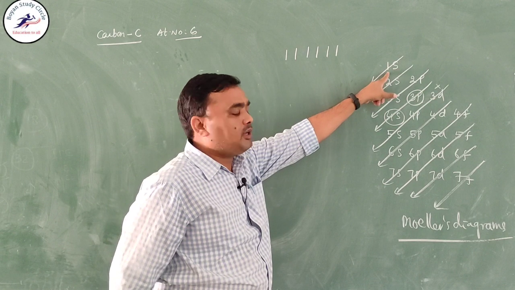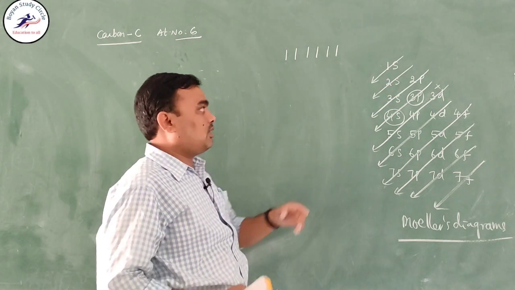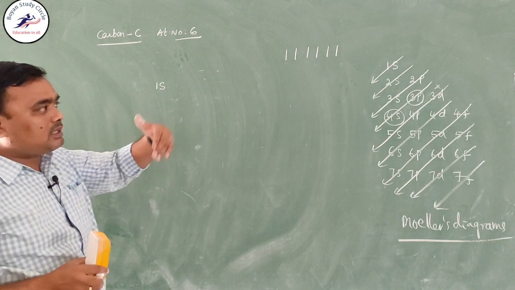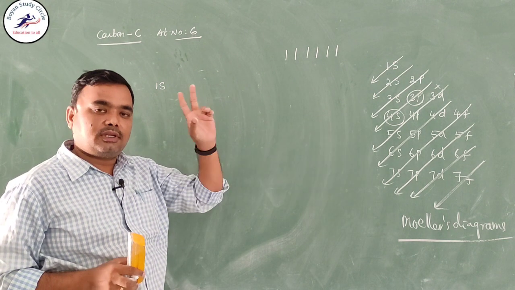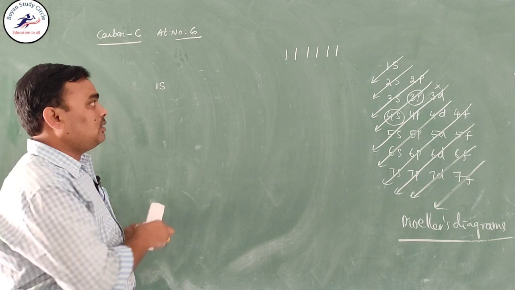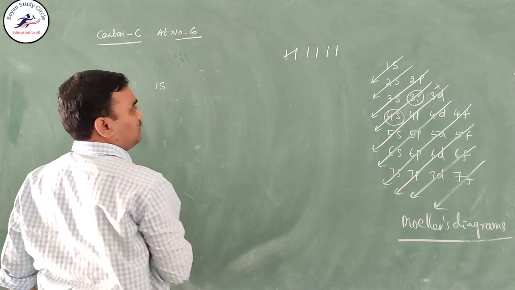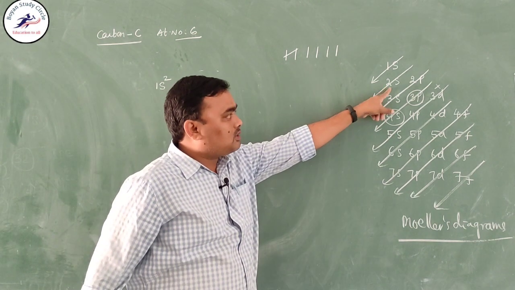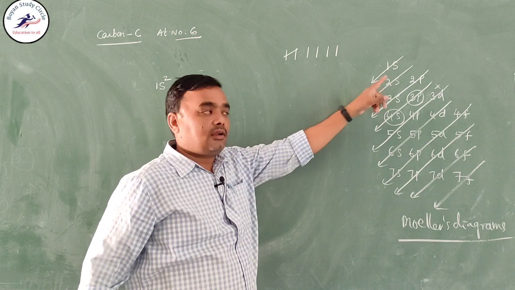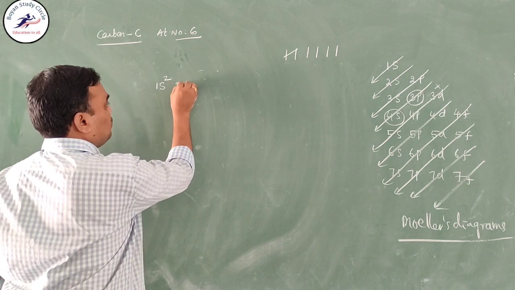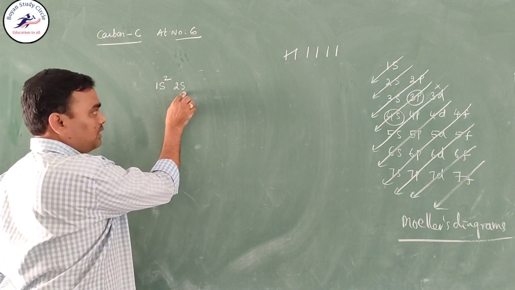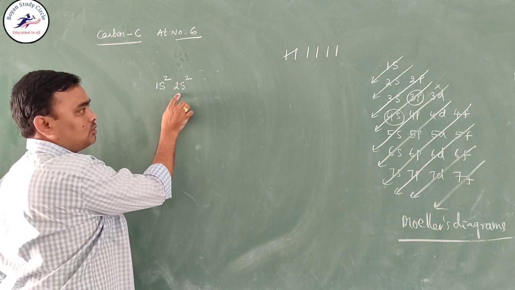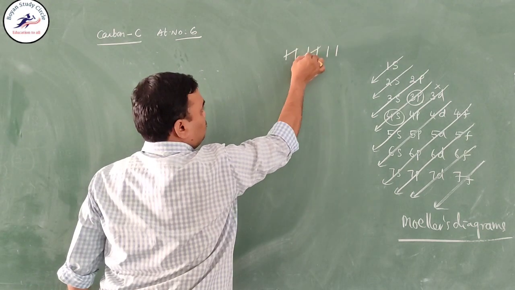First, which orbital is filled? 1s orbital is filled. So you take 1s. How many electrons can be filled into the 1s orbital at maximum? In an s orbital, 2 electrons can be filled. So you strike off 2 lines and write 1s2 here. Then the next orbital is 2s, second main shell and s subshell. In 2s also you can fill a maximum of 2, so 2s2, and then cancel 2 here.